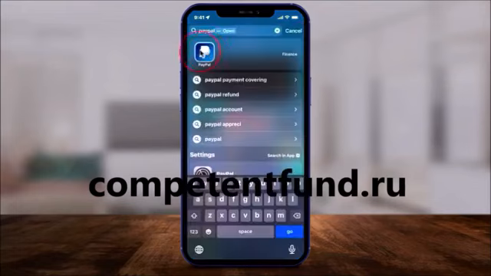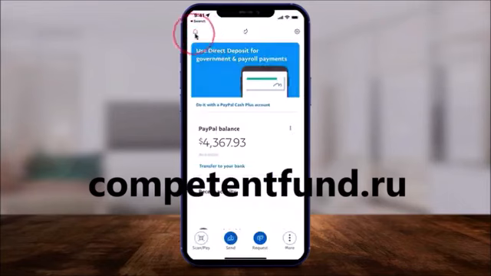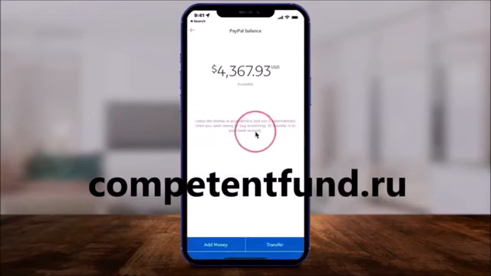I'm going to exit paypal.com, and I'm going to open the PayPal mobile app on my phone. It's also the same on Android phones too. And here you see you don't have that menu option up here. Instead, your PayPal balance appears right in the middle of the page like this. And all you have to do is click right here where it says PayPal balance. It takes you to this page, and you just have to add money from here.